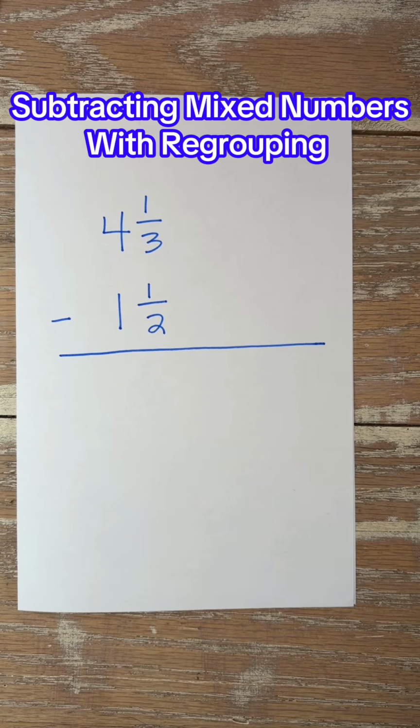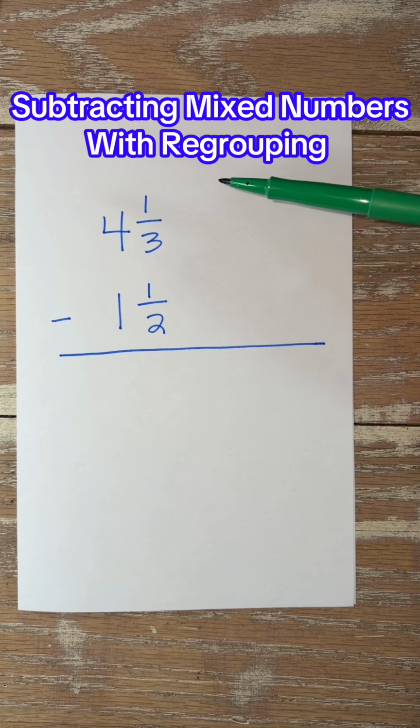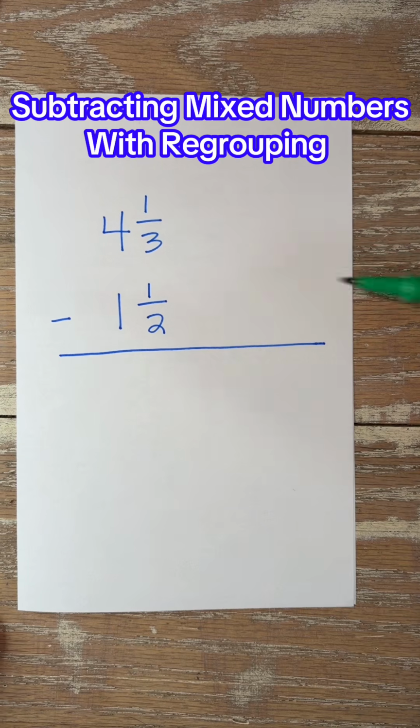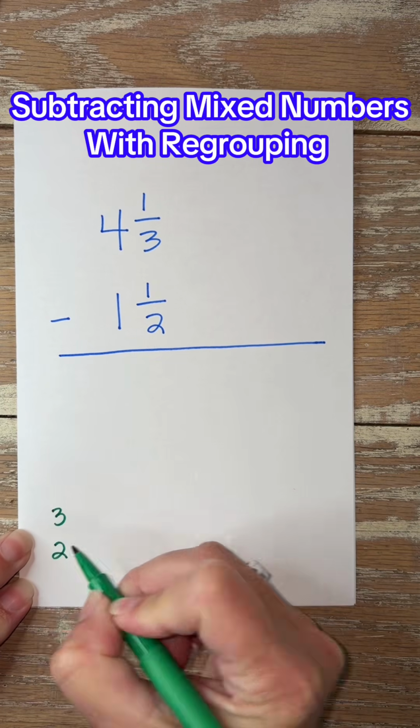In this video, we're going to look at subtracting mixed numbers. Now, in adding and subtracting mixed numbers or fractions, we need a common denominator. Here we've got denominators of 3 and 2, and so we need to find the least common multiple for 3